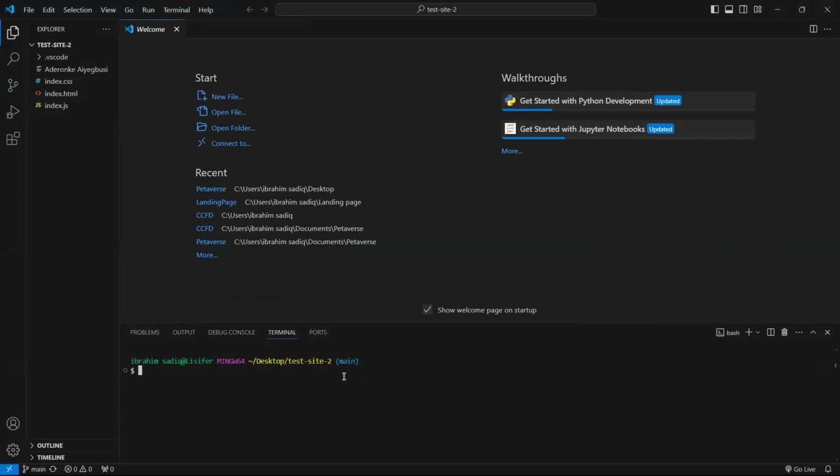Test main. Very good. So now you clone a project, you're starting up a project and you clone the project. The first thing you want to do is to create another branch. And remember, I explained if you are working on a new feature, it will start with feature, then a slash, then the name of your branch. If you are working on an update, it's going to start with update. So there you go.